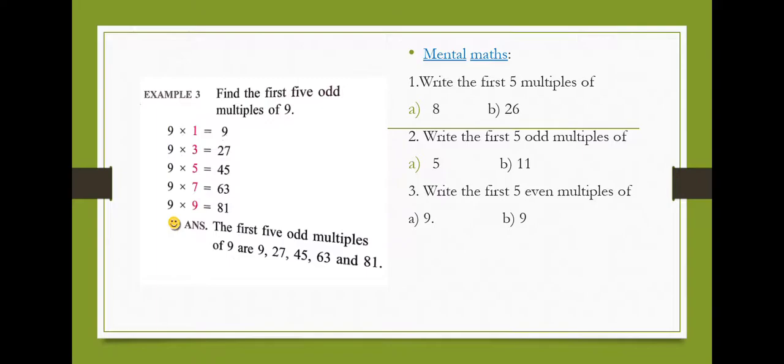Question number 3. Write the first 5 even multiples of, this is 9. Second one is 19. So please correct it. So first 5 even numbers you have to write. Then table, which table? 9 and 19 you have to use. This is the multiples. Next we are going to see